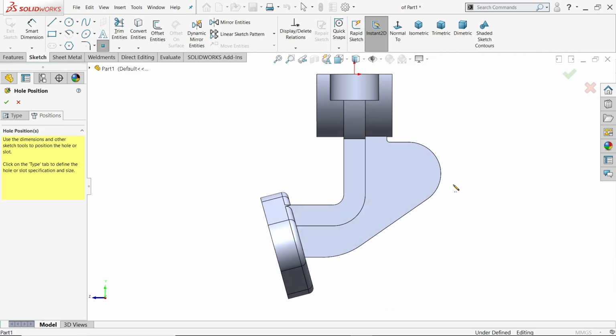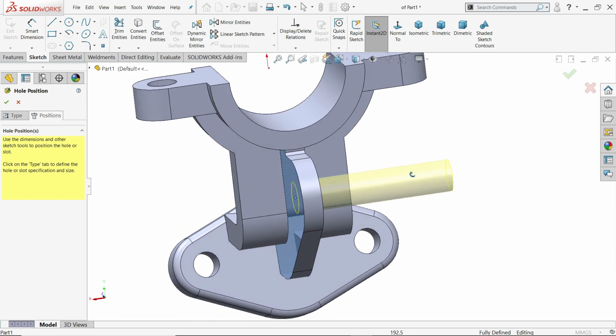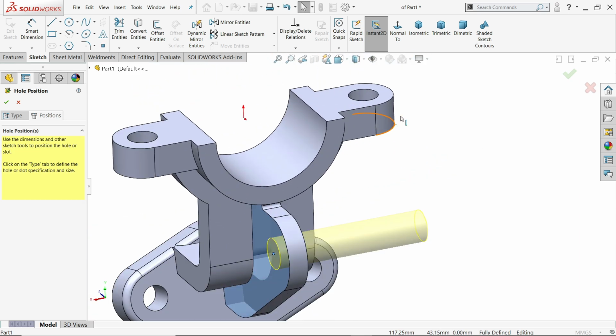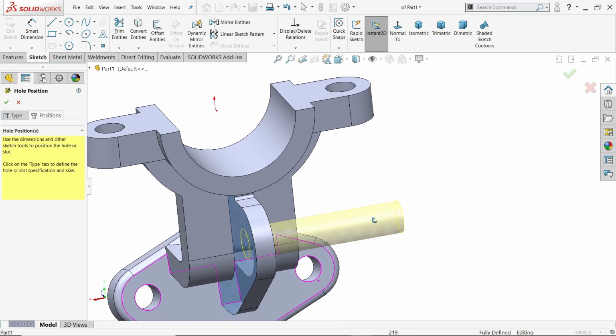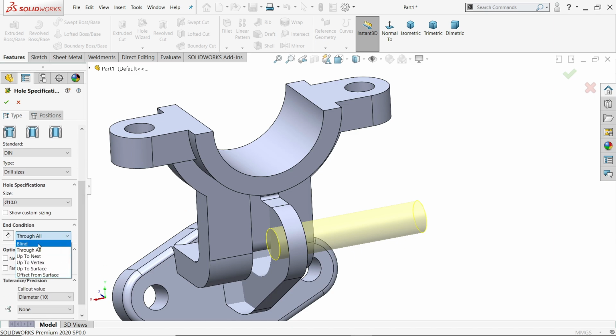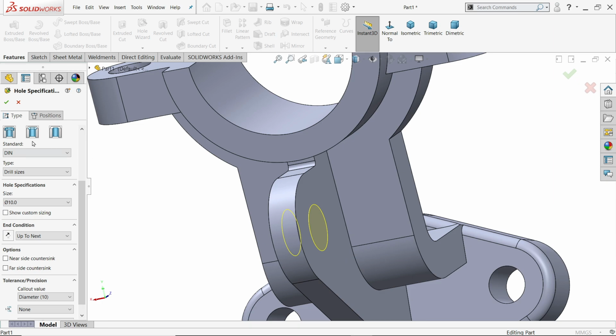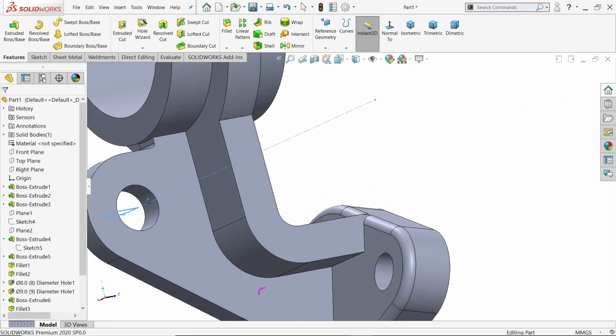Click this face, move cursor near and you will see the center point. Now escape key to exit. See, we selected Through All. Through All means the end of the body. See, if we go to type and click only Up to Next, it's going to cut up to the next wall. Okay, look.